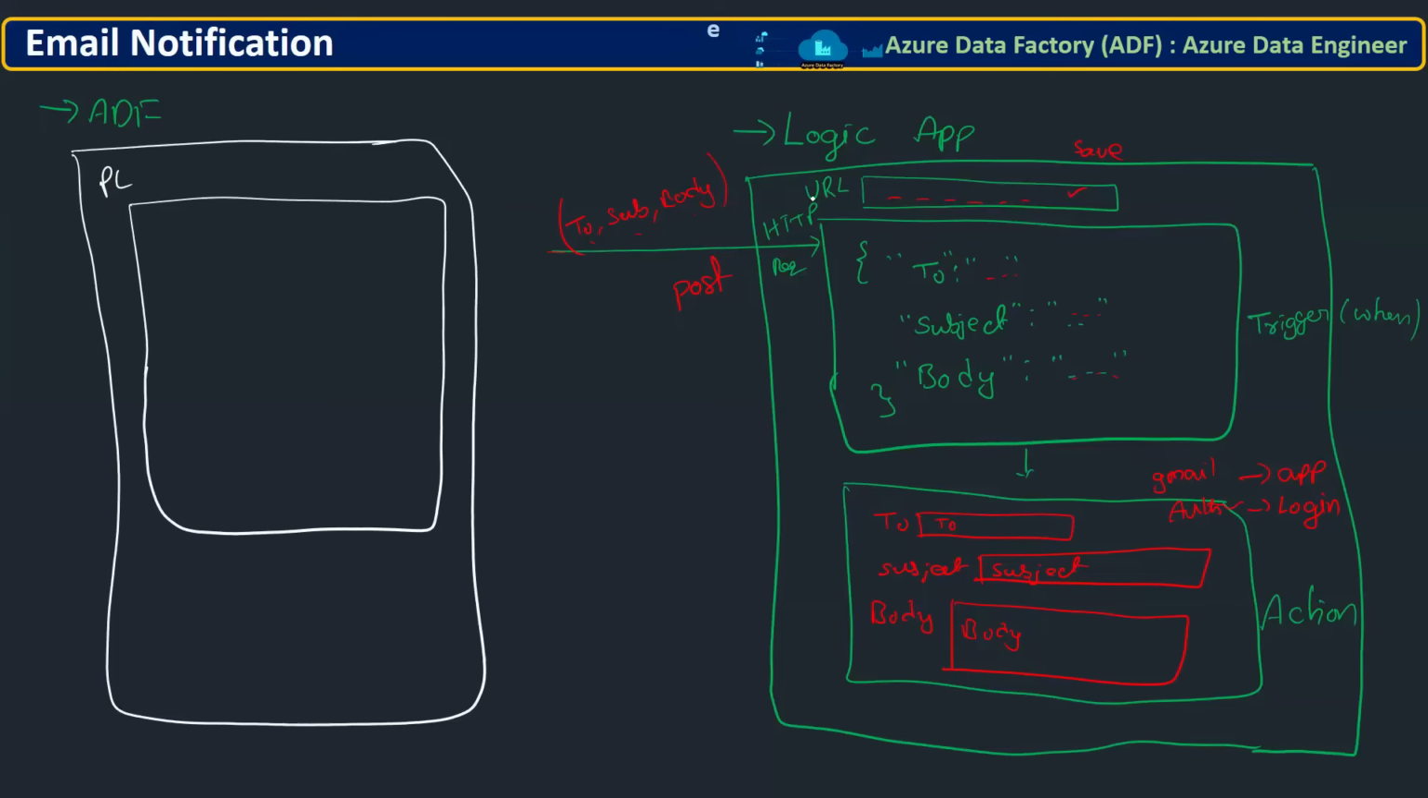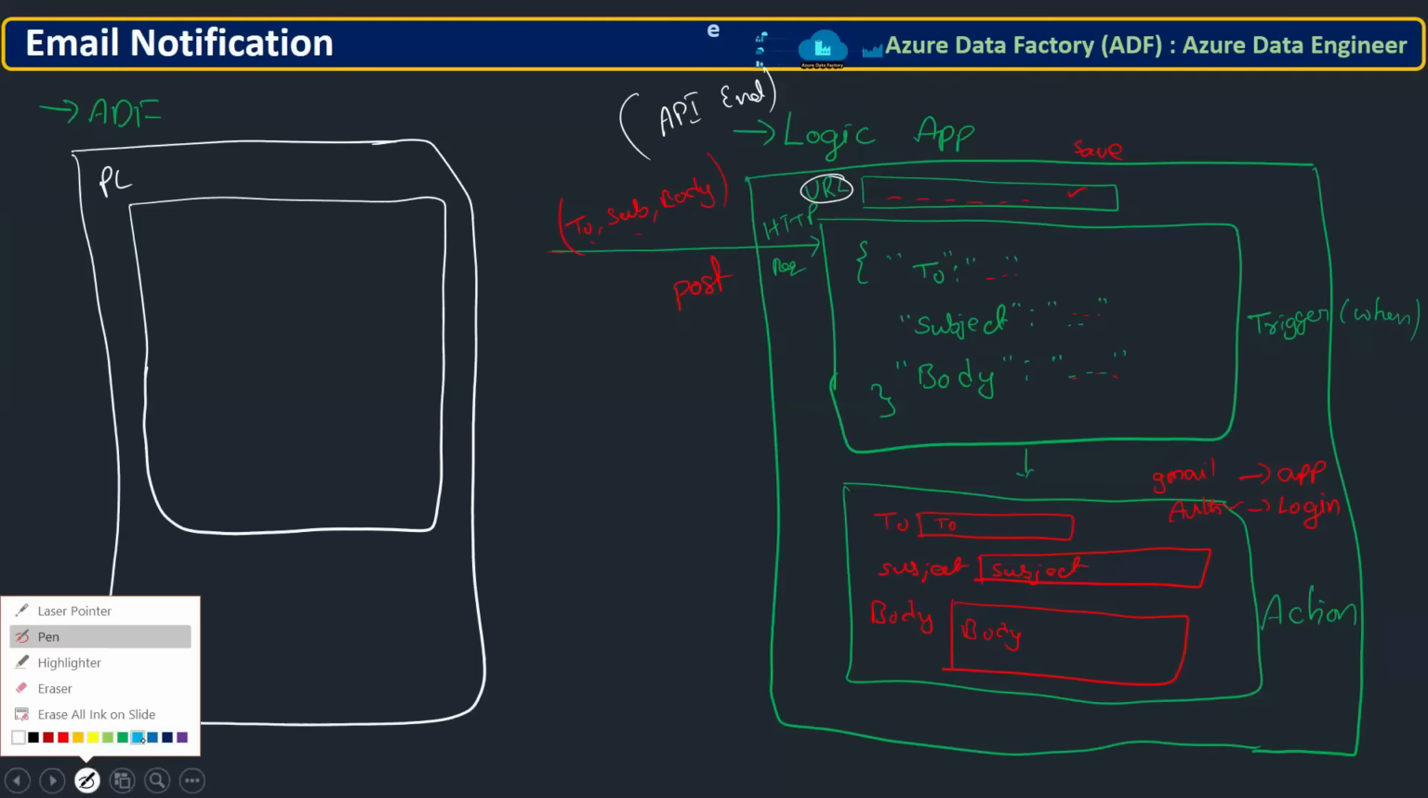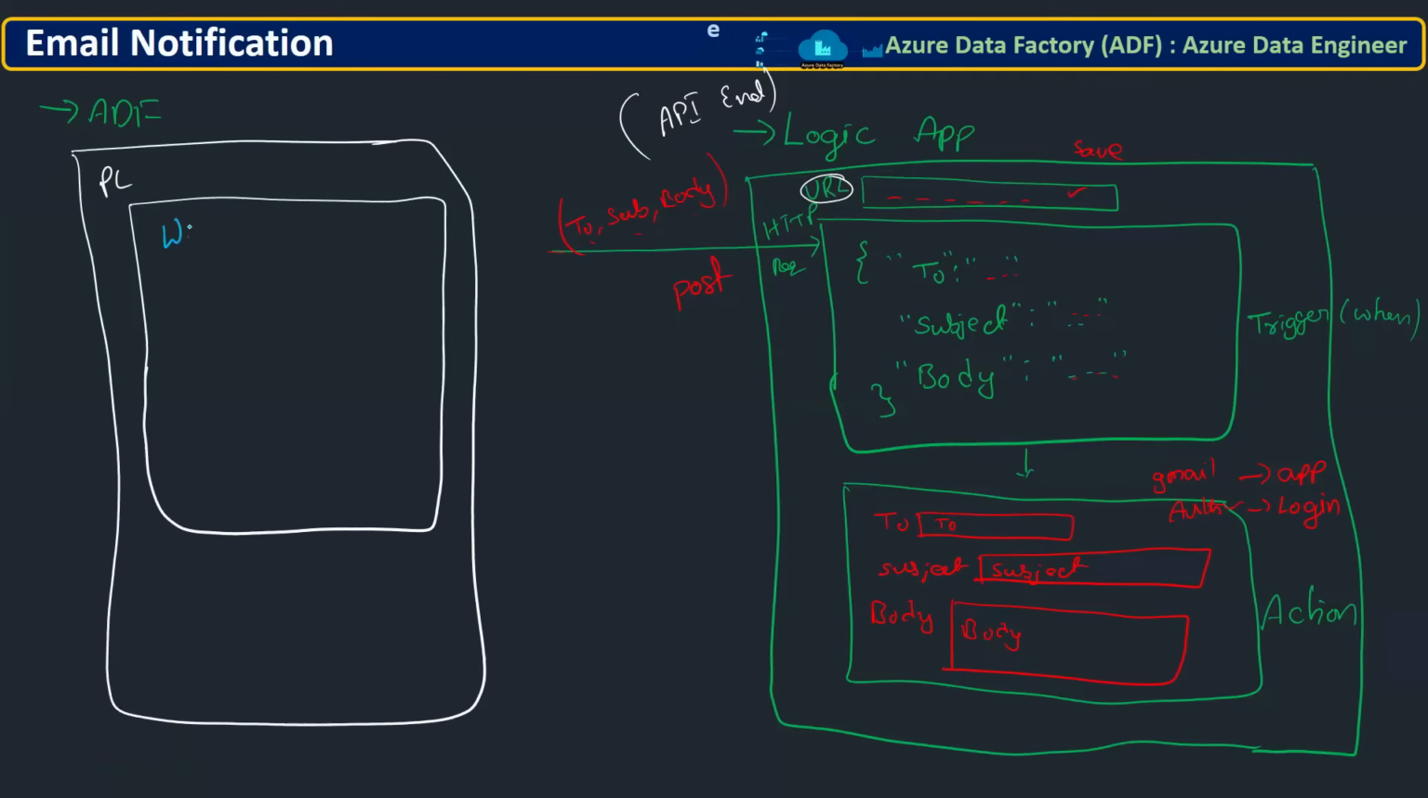So to trigger this, it is like an API endpoint you can call. This is like an API. So this API, how will you call it? You have to call the APIs. That means to call any URL, you are going to have an activity for it. What is that activity? Web activity. There is an activity called web. So in that web activity,